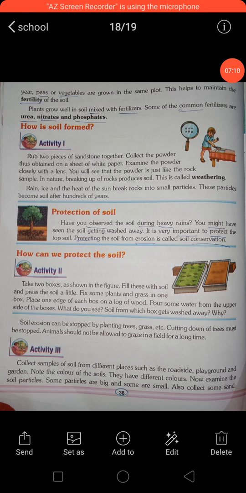Protection of soil. Now, I'm going to explain to you about protection of soil. Have you observed the soil during heavy rain? You might have seen the soil getting washed away, right? It is very important to protect the soil. It is very important to protect the topsoil because the roots start growing from below, right? Protecting the soil from erosion is called